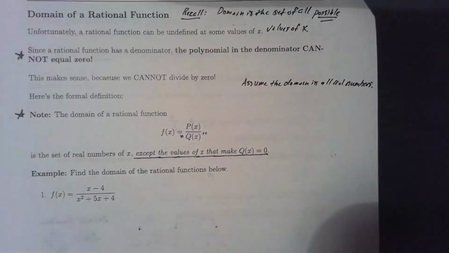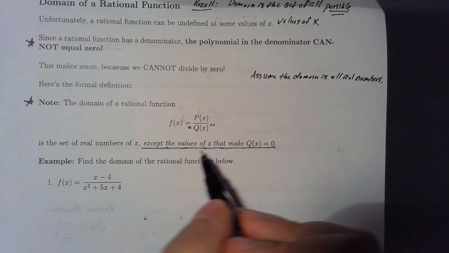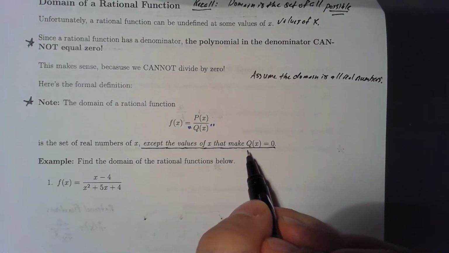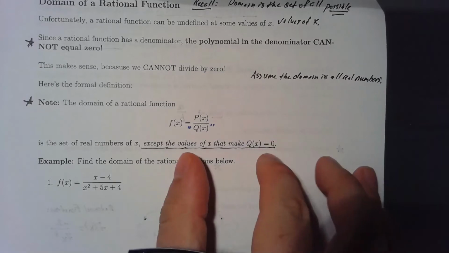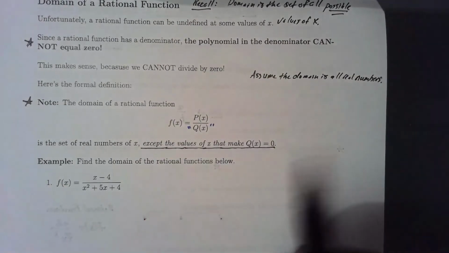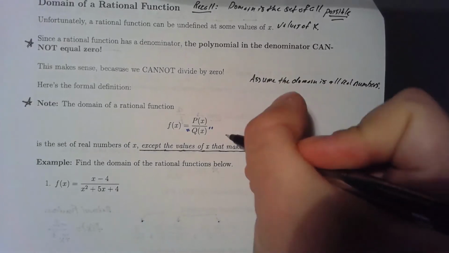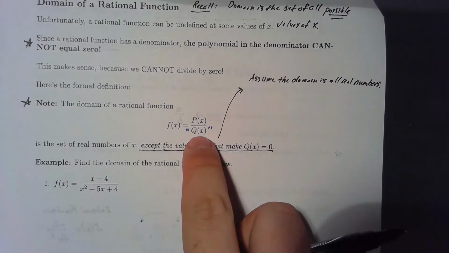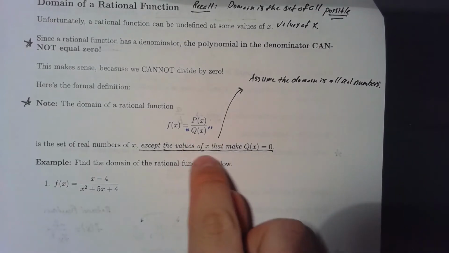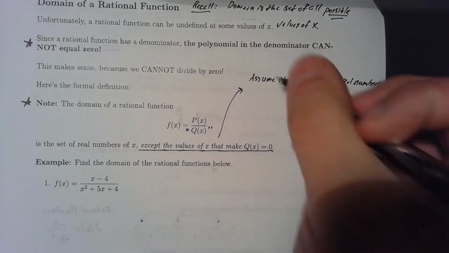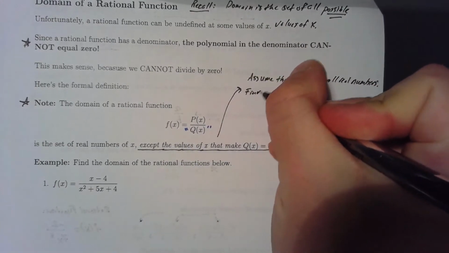We assume that the domain is all real numbers, and then what we do is we look for the values of x which make the denominator 0, and we take those away from all real numbers. What's left over is the domain. These values of x that make this 0 are bad points. So find the bad points